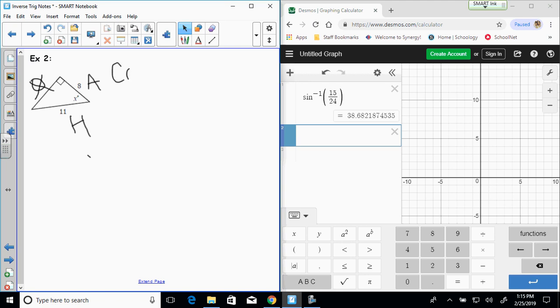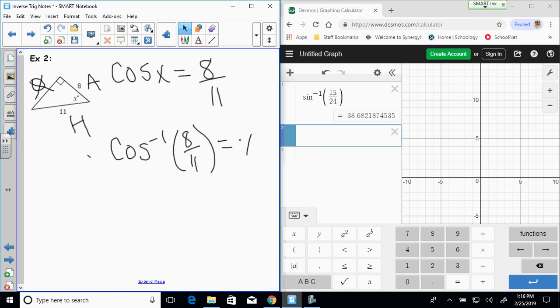So now we're going to have cosine of x equals the adjacent over the hypotenuse. But now our angle is x, so again we can't put that into the calculator as is, so now we're going to use the inverse function. So we're going to do the cosine to the negative first, 8 over 11